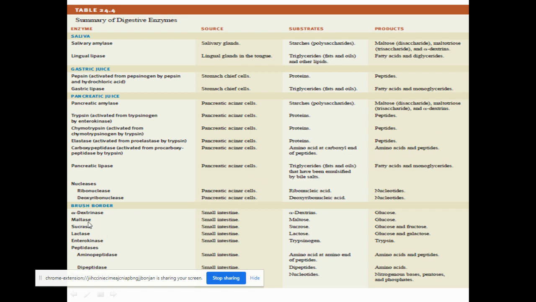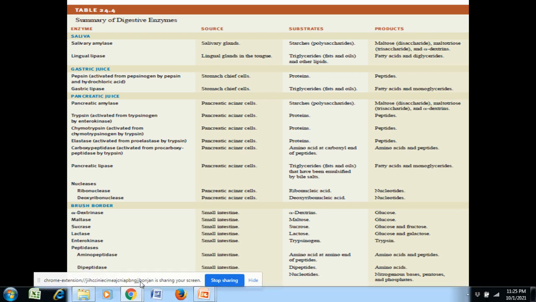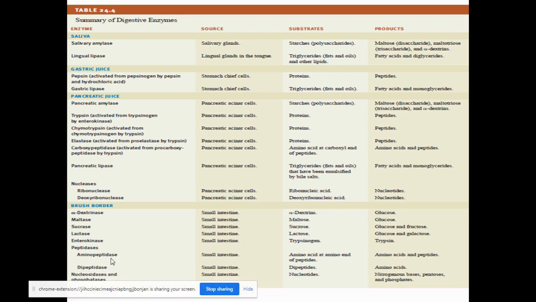Okay. So when they enter, that is, the brush border enzymes secreted by the duodenal gland, they have enzymes, as you can see, like aminopeptidase. Aminopeptidase, like carboxypeptidase, is also an exopeptidase, which will act upon the amino acids from the amino terminal end, again cleaving them one by one and converting them into more and more amino acids and peptides. Okay. Then finally, the brush border enzymes secrete the dipeptidase, tripeptidase, and so on, and they will act upon the dipeptides and the tripeptides and convert them into amino acids ready for absorption.